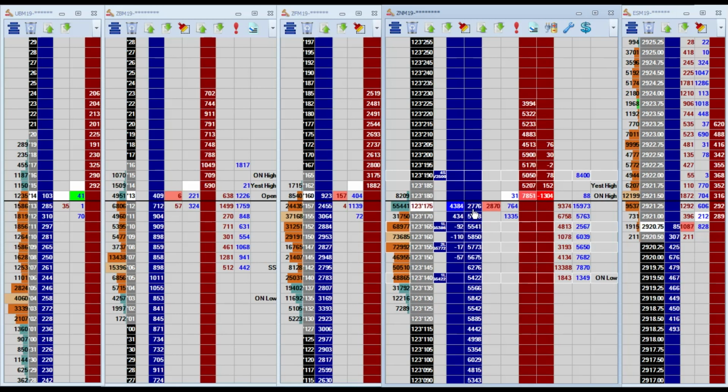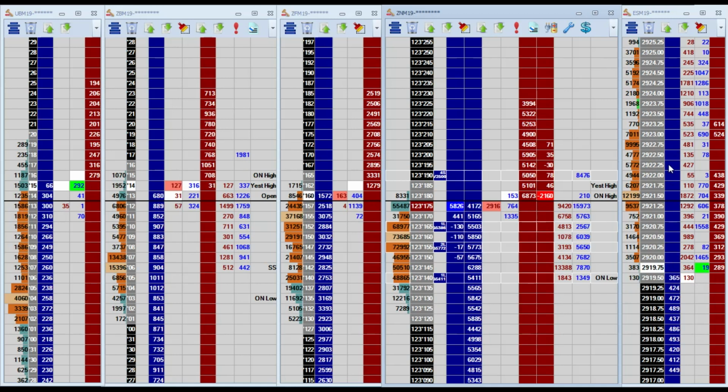You can see the ES making new lows and the bid puffs up over here. Offer's starting to pull off a little bit. It's about 6:45, so about 15 minutes after cash open. Maybe a little bit too early to engage here, because it takes at least 15, 20, 30 minutes sometimes for the ES to work out its initial